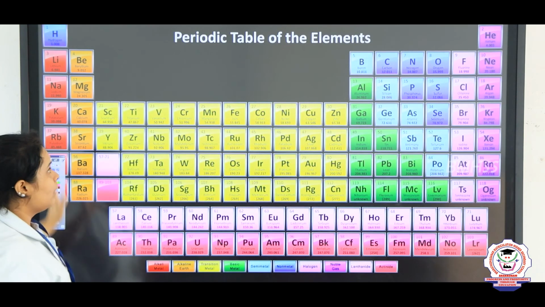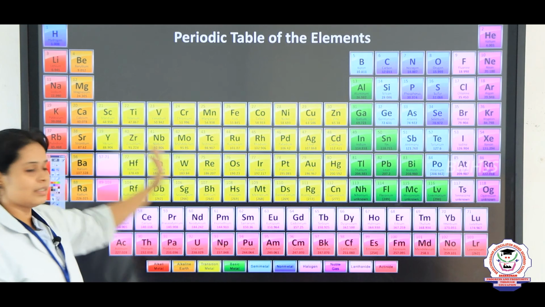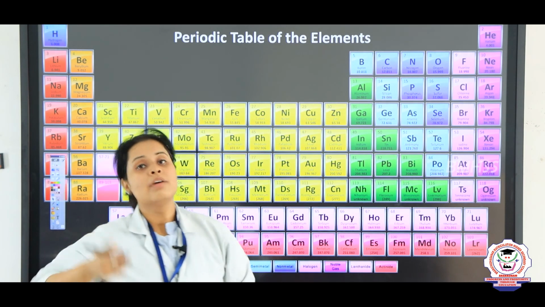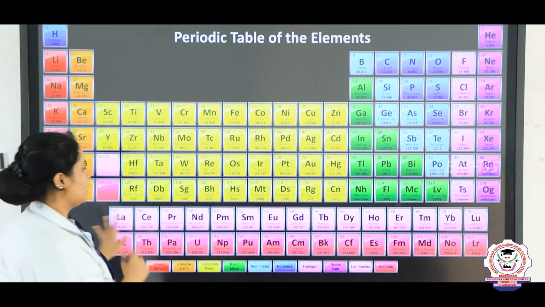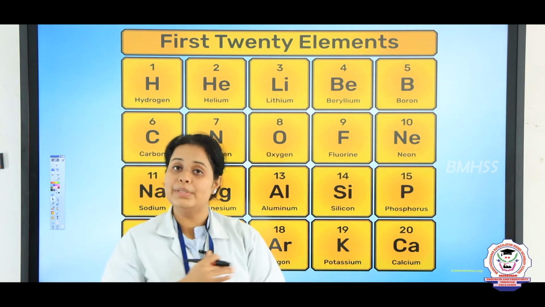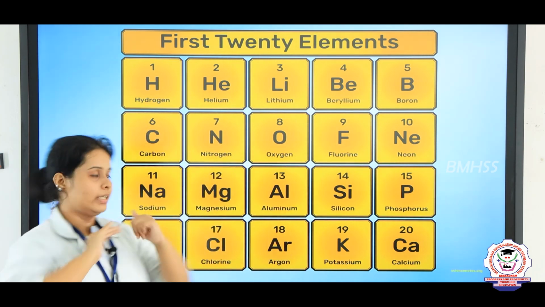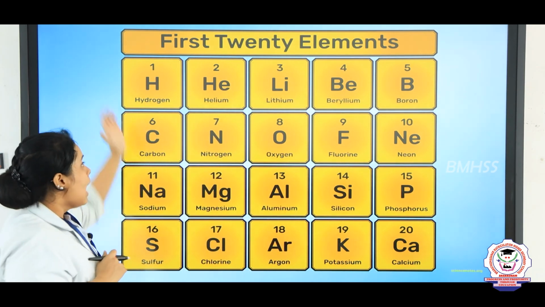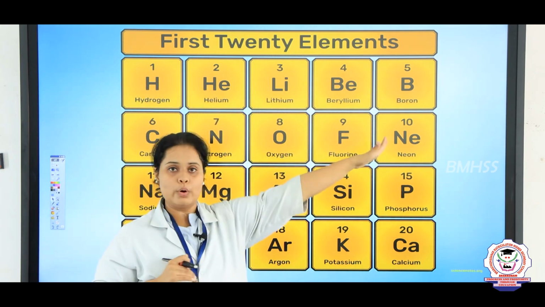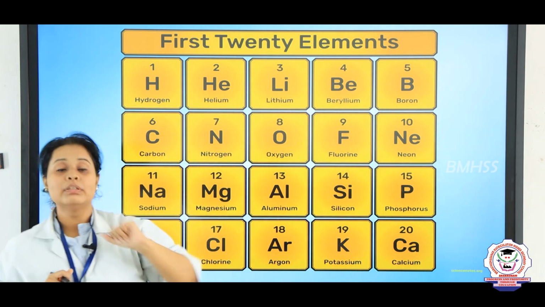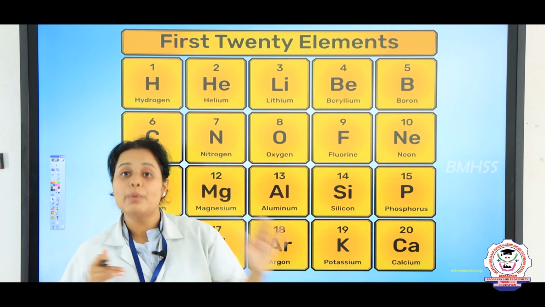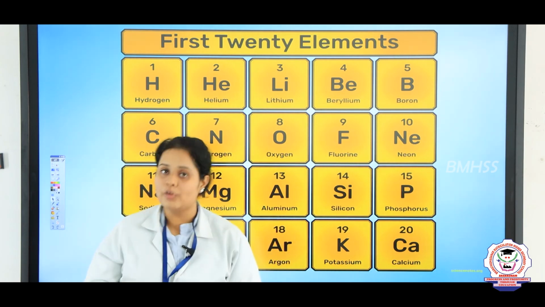Okay. Now let's see about the periodic table. Children, this is the periodic table which we started and saw in the first video and even previously in this video. Now let's talk about the top 20 elements present in the periodic table. It will go as hydrogen, helium, lithium, beryllium, boron. These are the top 5. See children, when you come to the higher section, if you have learned the top 20 elements, it will be very easy for you. Okay.